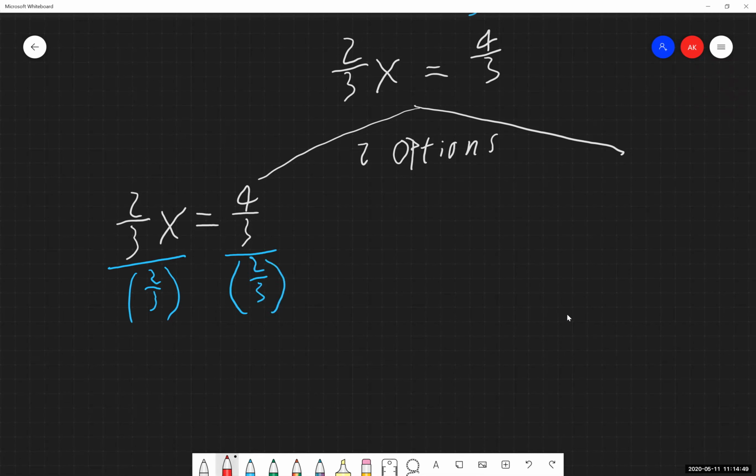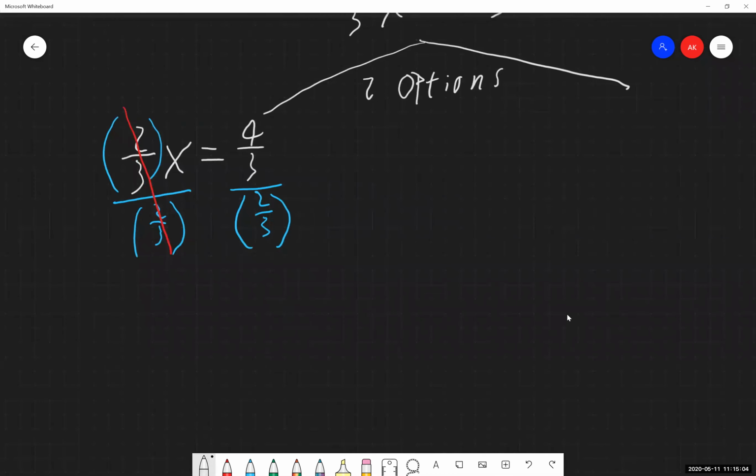And if you're looking at this going, wait a minute, that's a fraction being divided by a fraction, you're 100% correct. And the nice part is on the left side, again, anything divided by itself, it cancels out. But on the right-hand side, now I have a fraction divided by a fraction, and we have to do some extra steps to work with that. So I'm going to rewrite the right-hand side explicitly as 4/3 divided by 2/3. Same thing that's written above. Again, a fraction implies division.